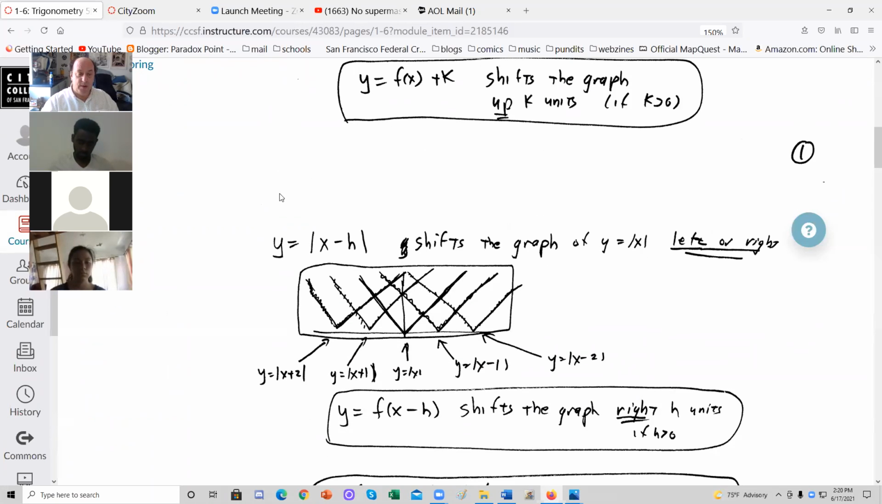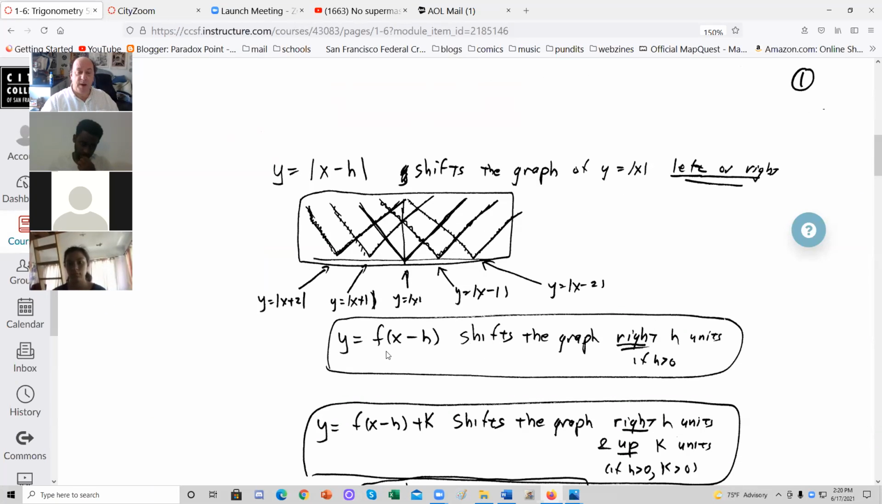So for example, here's a graph of y equals absolute value of x. Y equals absolute value of x minus 1 is shifted 1 to the right. It's 1 unit delayed. Here's y equals absolute value of x minus 2. It's shifted 2 units to the right, 2 units delayed. Here's y equals absolute value of x plus 1. It's shifted 1 unit to the left. It's 1 unit earlier. And y equals absolute value of x plus 2 is shifted 2 units to the left. It's 2 units earlier. So y equals f of x minus h shifts the graph right h units if h